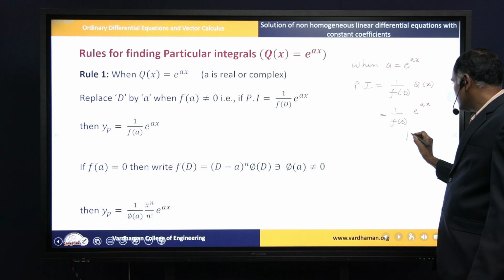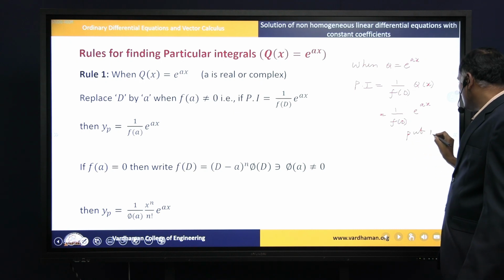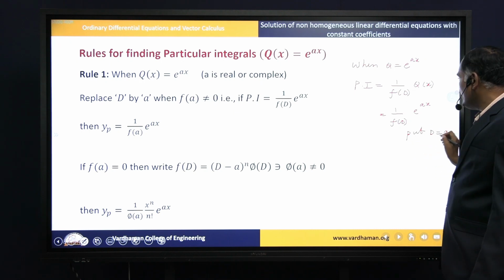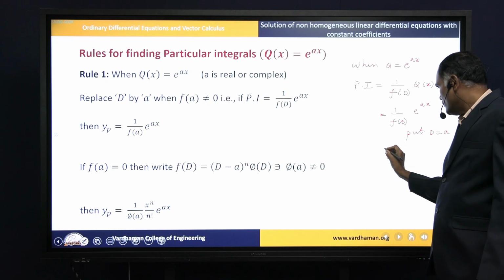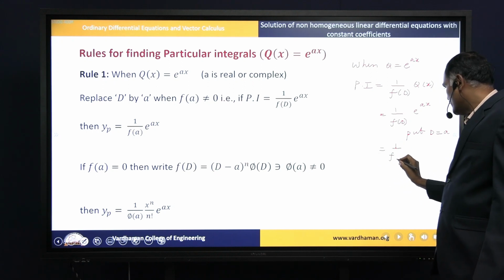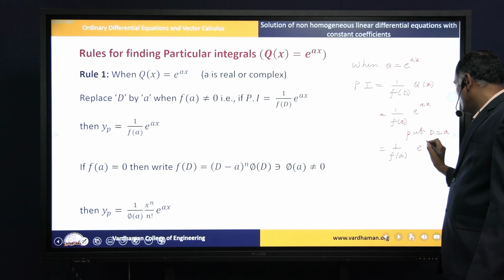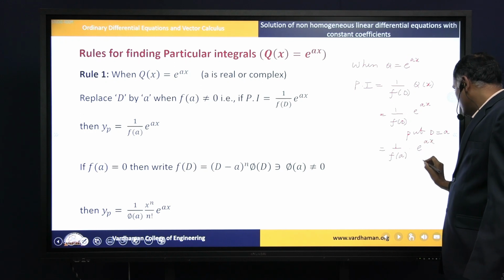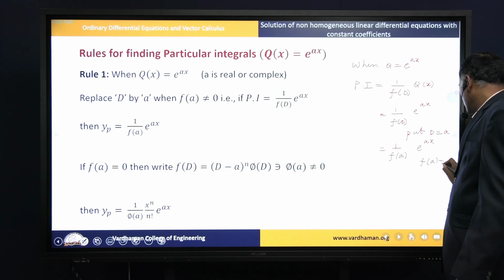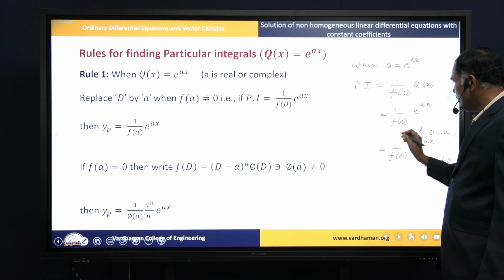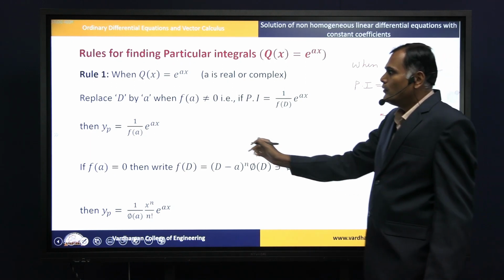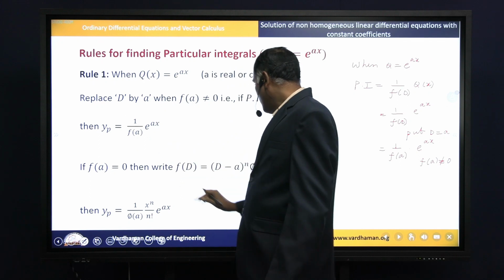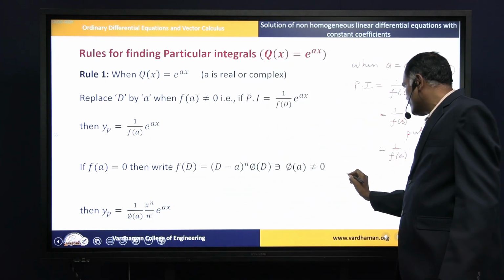Now in this case replace D with a. Wherever D is there, write a. We get 1 by f of a times e power ax. If this denominator is not equal to 0, we take this as the required particular integral. If this denominator is 0,